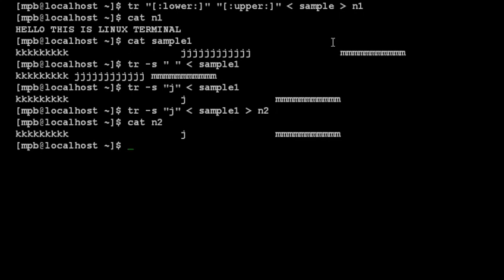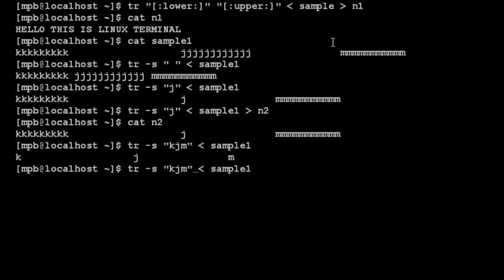Now we will try whether instead of squeezing J, can we squeeze K, M, J at a time. So if I say K, J and M, and now I am not storing the output, just press enter. So here you can observe the same thing also, and if I say that I also want to squeeze the space, then you can do the same also.